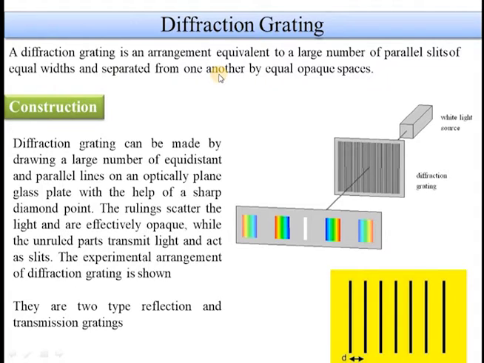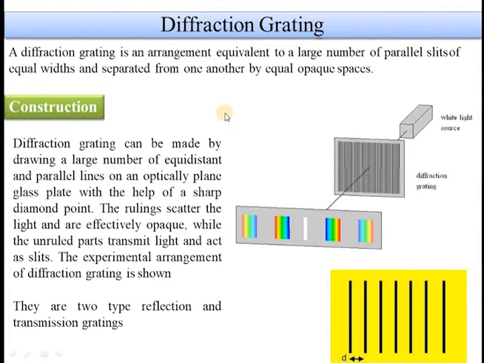The first scientist who studied the diffraction grating was none other than Joseph Fraunhofer, who first constructed a diffraction grating in 1821. He made it with 310 slits by stretching fine wires with the help of screws, but it was a very crude method. After that, he succeeded in making a grating on glass with a fine diamond point, and with this he found the wavelengths of the principal Fraunhofer lines of the solar spectrum.